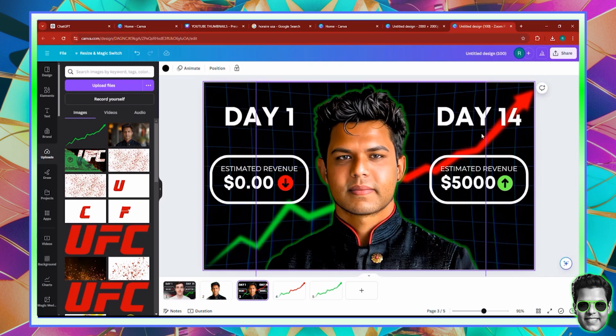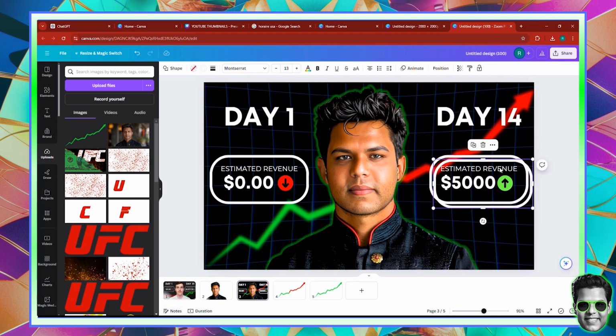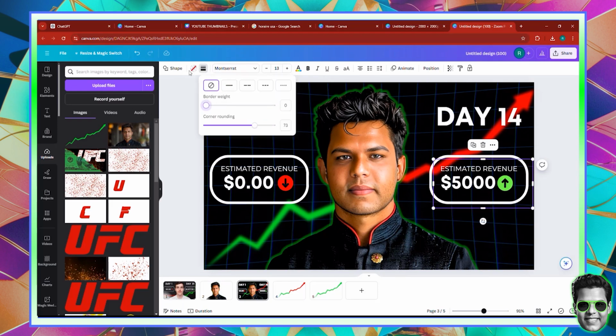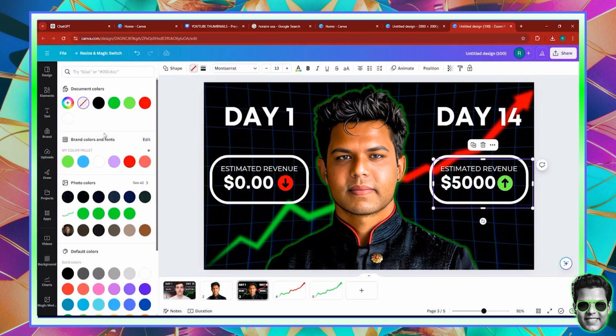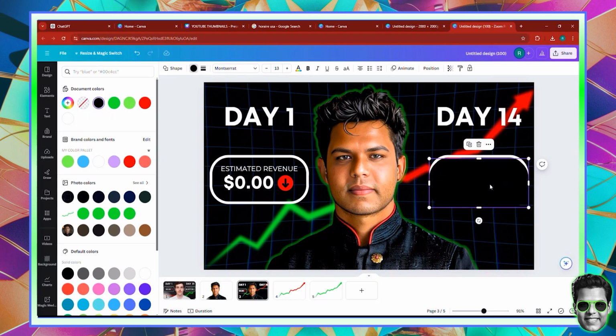And by the way, also, if you want to fill this shape, kind of like what they did, you can actually duplicate this same shape. And instead of it having a border, this time you can remove the border from it, but you can give it a color, which is the same as the background color, kind of like this. And you can put it here to cover the shape itself. But you can make it a little bit smaller, reduce it so that you can still see that white